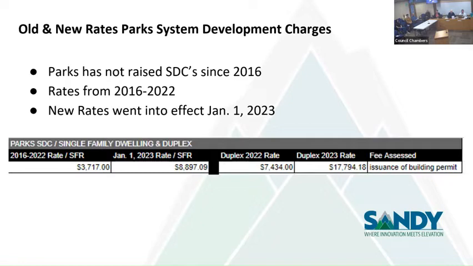Isn't that reimbursement based off excess capacity in existing investments that have already been made? Yes, correct. So effectively what you're doing is for something we've already built and taxpayers have already paid for, developers are paying a portion of that in order to offset what has already been paid by the existing residents in prior construction, right?